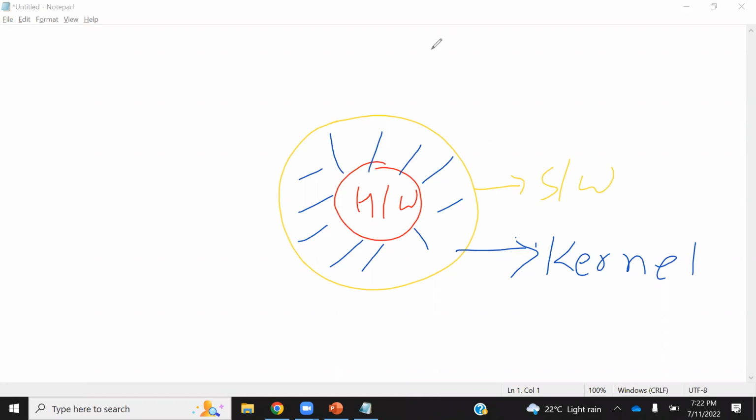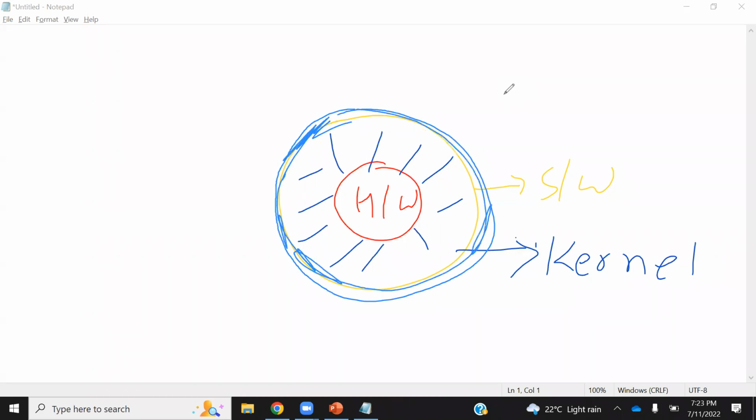The speed and the performance we are talking about is because whatever you write is on the shell of the kernel, on the outer layer of the kernel. This is the layer of the kernel. So whatever communication you have to make, it is very fast. And that's the reason it is also known as a shell script or bash script.